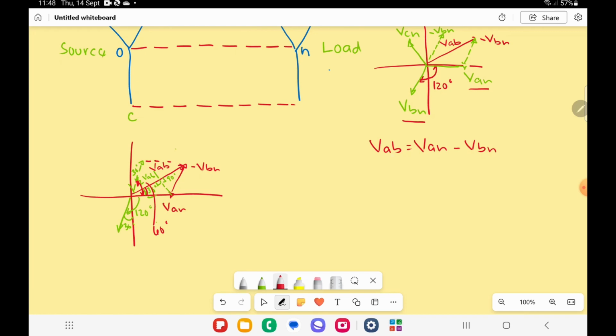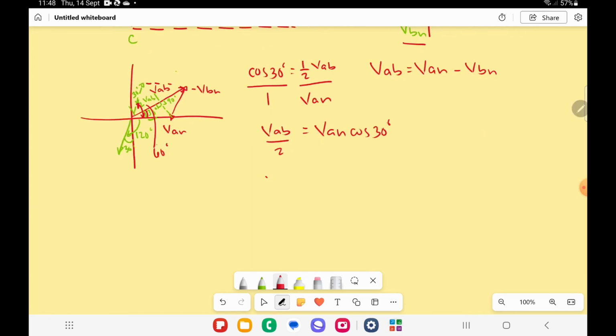Looking again in the diagram, we can say that cosine 30 degrees is equal to 1/2 VAB over VAN. Cross multiplication, we get